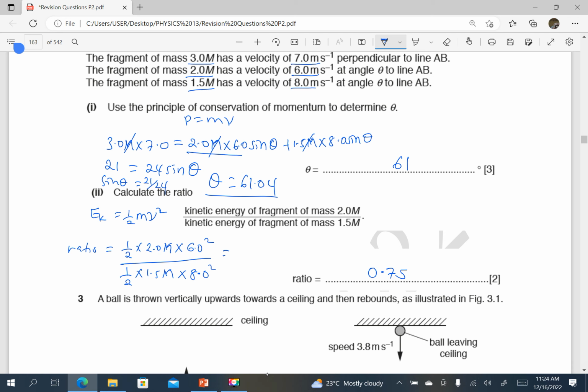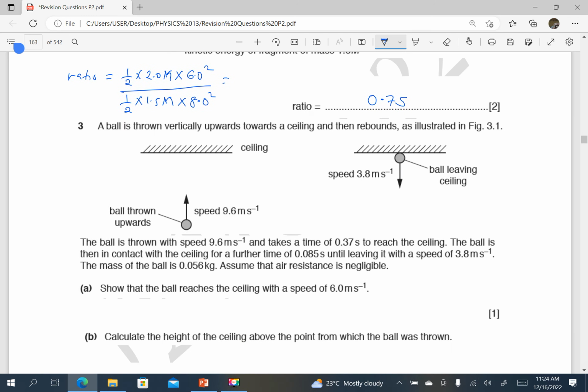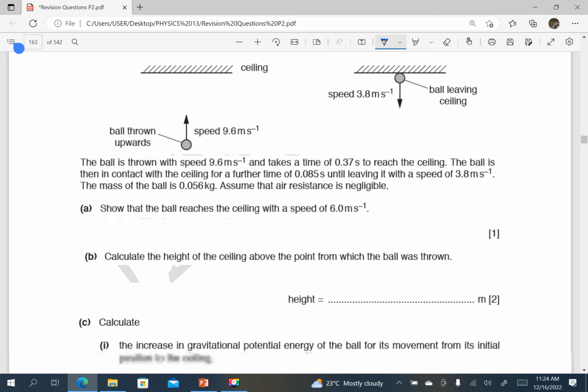So the ratio is 0.75. A ball is thrown vertically upwards towards a ceiling and then rebounds as illustrated in that figure. The ball is thrown with a speed of 9.6 meters per second and takes time 0.37 to reach the ceiling. The ball is then in contact with the ceiling for a further 0.085 seconds until leaving it with a speed